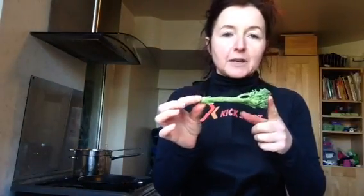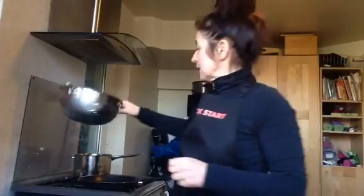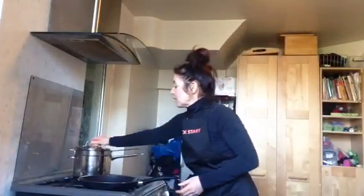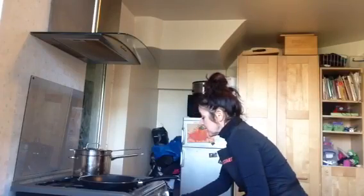So the first thing I've done is there's some broccoli going into it. I've just used some nice little broccoli stems and I've got them all cut up really quick and easy, because I'm just going to give them a little steam. So the water's on and I'm going to cover that and put that on for about 3 minutes, because I don't really want to be losing too many nutrients,